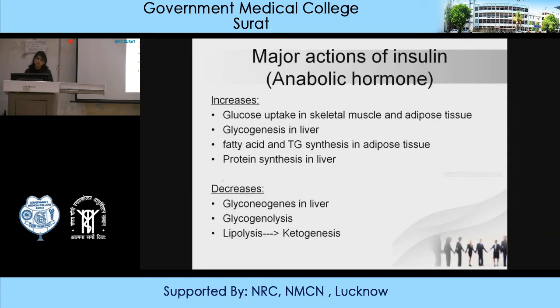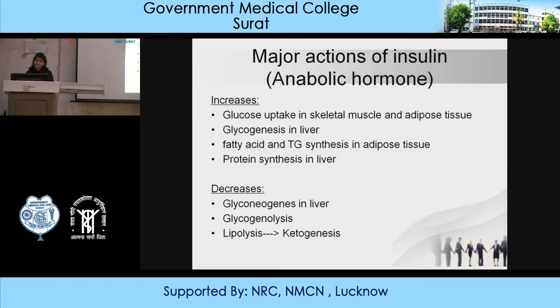Okay, so let's go in detail about some of the physiology. What is the action of this insulin? First of all, it is termed as anabolic hormone. Henceforth, its deficient state, which is the disease, will be termed as catabolic state, in which the patient will be presenting with the symptoms of catabolic states, right? Okay, so what is the action of insulin? It enhances glucose uptake in tissues such as skeletal muscle and adipose tissue.